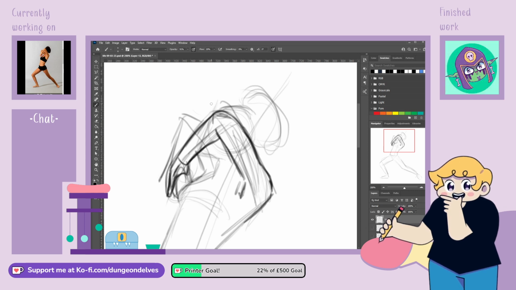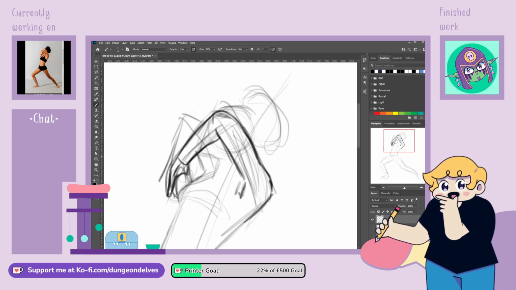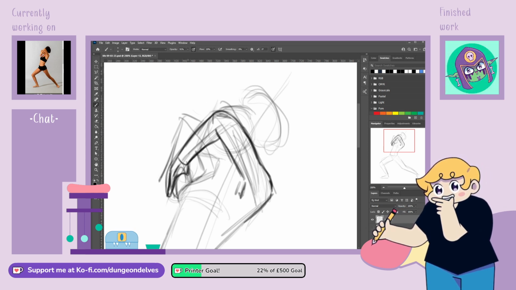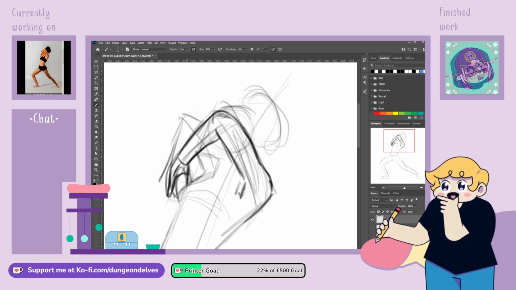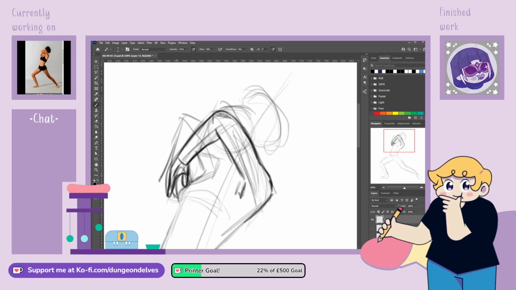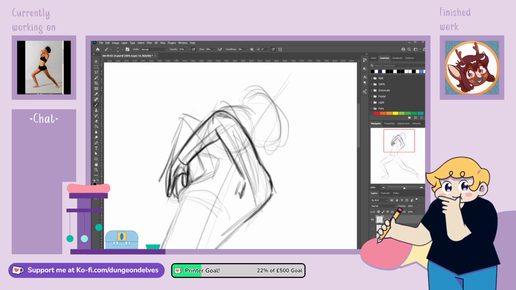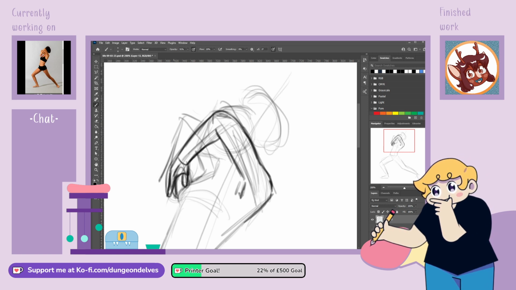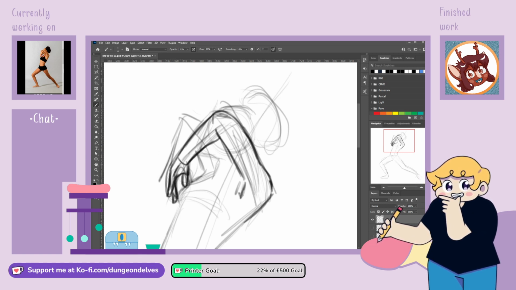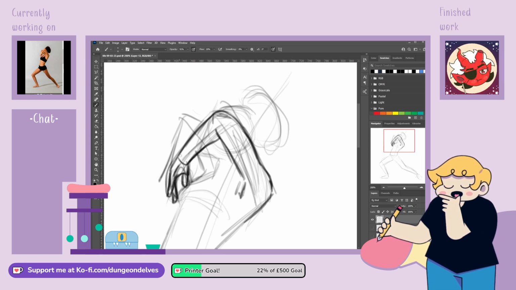3-hour poses means more time to work on the set. That is true. Do you know what? I don't know if I could do one life drawing sketch for 3 hours. That, I think, would be a huge challenge for me. Because I always feel like I get done with the 50 ones in these streams, and I think that's just where I need practice. It's being able to spend more time, because I can spend a lot of time on digital art.